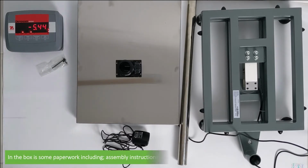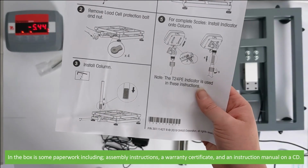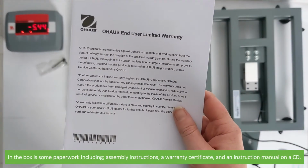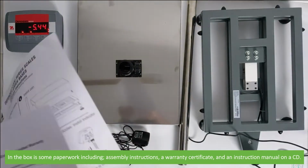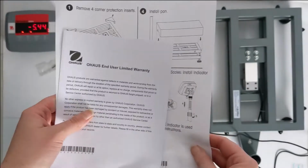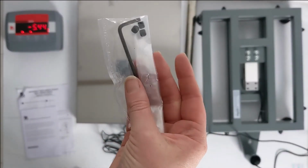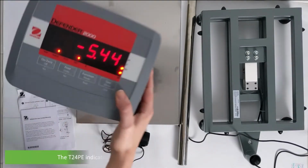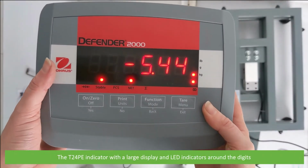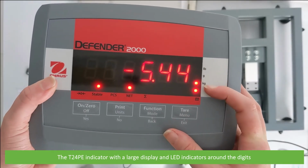In the box is some paperwork, including assembly instructions, a warranty certificate, and an instruction manual on a CD. Assembly hardware, the T24PE indicator with a large display and LED indicators around the digits,